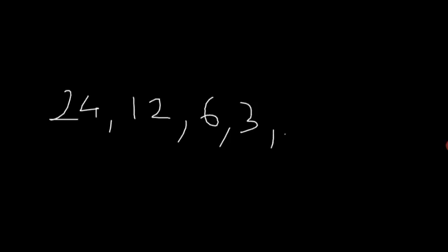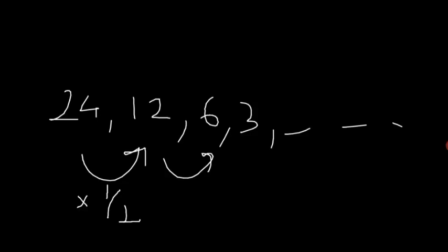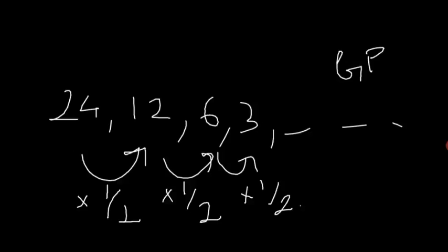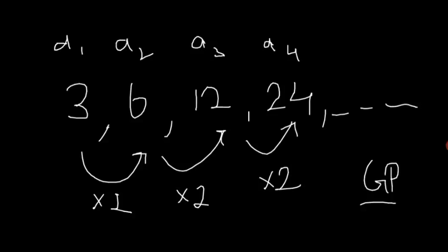Now you would say, what is then this? Let's say if I write this only now, 24, 12, 6, 3 and so on. You'll say, oh, this is not a GP. Yes, this is a GP, because here also we are multiplying by some term. What are we multiplying? We are multiplying by 1 by 2. Actually you can say we are dividing by 2, but it's better to say we are multiplying by 1 by 2. Understand? So this is also a GP, and this is a decreasing GP, and this is an increasing GP.